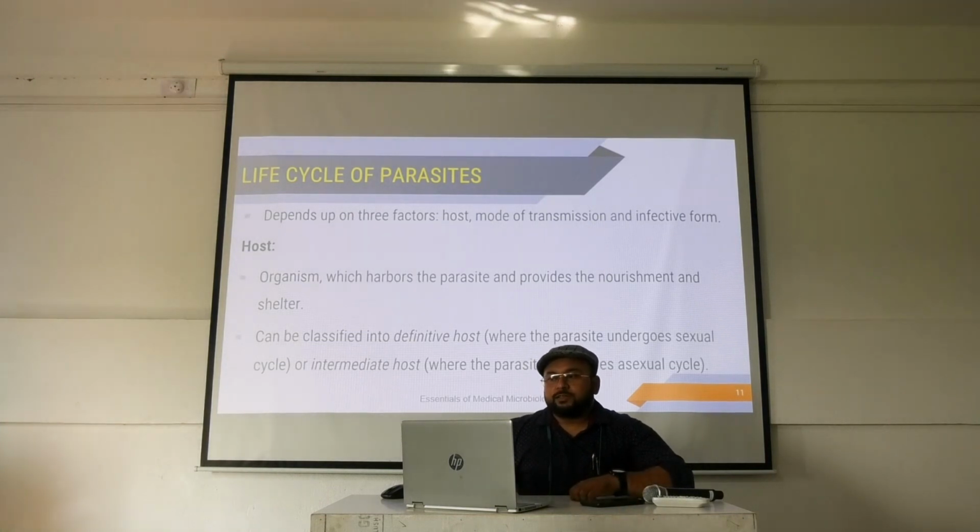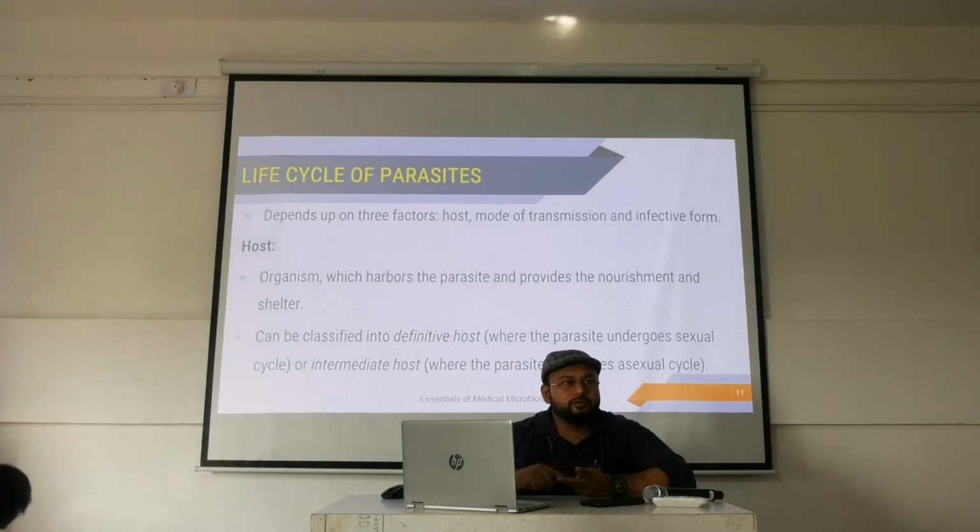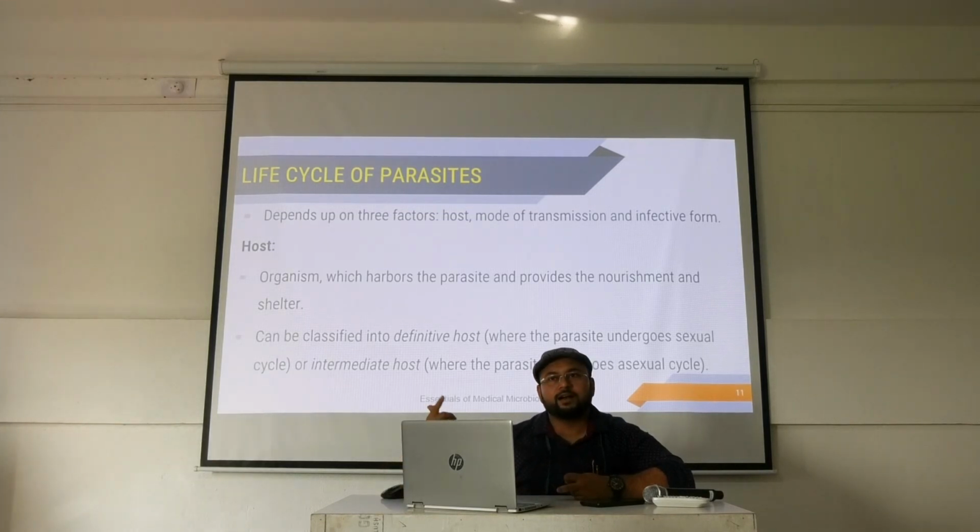হোস্ট: organism which harbors the parasites and provides the nourishment of the shelter can be classified into দুটো পার্ট, একটা হলো ডেফিনিটিভ হোস্ট আর একটা হলো ইন্টারমিডিয়েট হোস্ট। ডেফিনিটিভ হোস্ট মানে যেখানে তার সেক্সুয়াল সাইকেলটা হচ্ছে, where the parasites undergoes the sexual cycle, আর ইন্টারমিডিয়েট হোস্ট মানে যেখানে অ্যাসেক্সুয়াল সাইকেলসটা হচ্ছে। হতে পারে কারোর একটাই ডেফিনিটিভ হোস্ট হতে পারে, কারোর ইন্টারমিডিয়েট হোস্ট নাও থাকতে পারে। ঠিক আছে, তাহলে হোস্টের এই পার্টটা ইম্পর্টেন্ট।